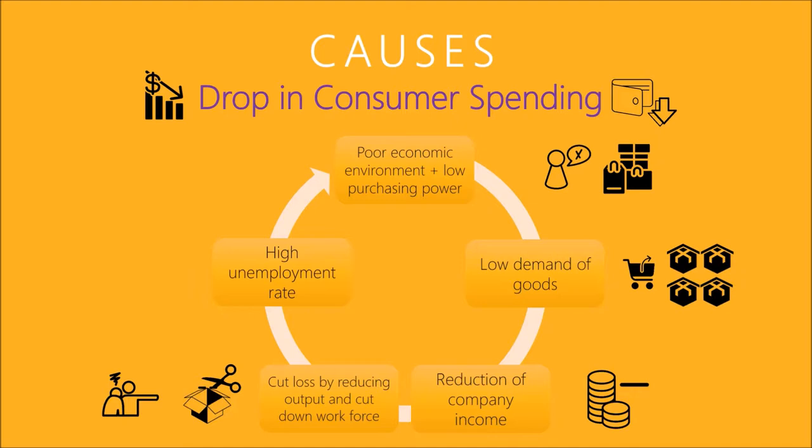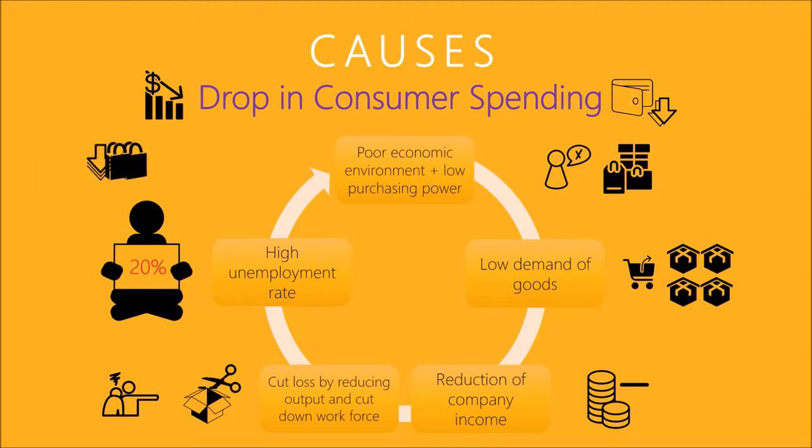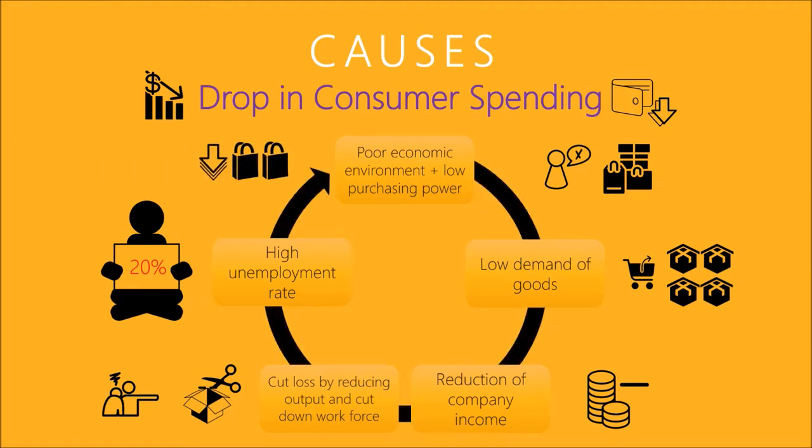The unemployment rate rose to above 20% during the Depression. And the unemployment situation further reduced the spending in the US. The cycle reinforced itself and worsened the economic situation. The drop in consumer spending caused a limited money supply in the market. It explained why the economy failed to recover from the Depression and the serious consequence after the outbreak of the crisis.